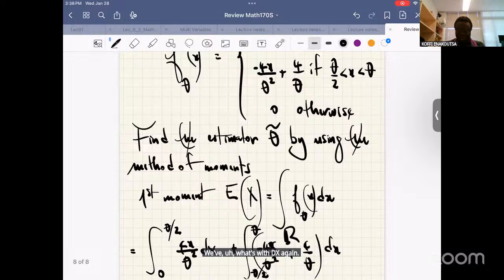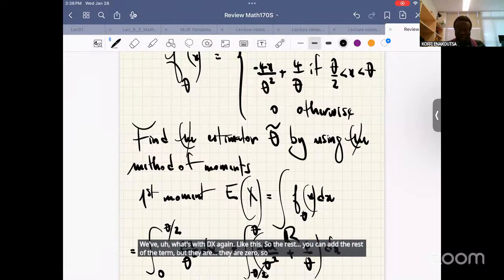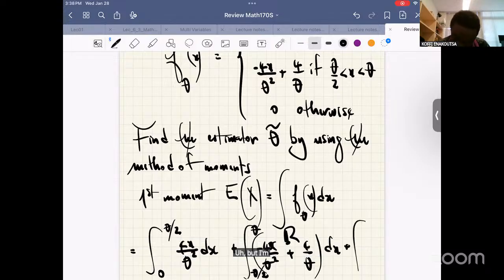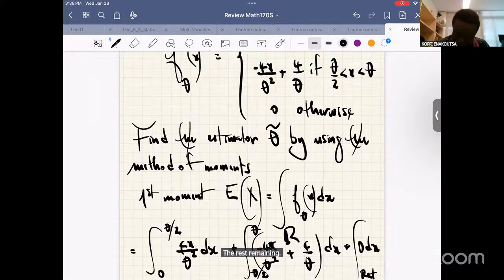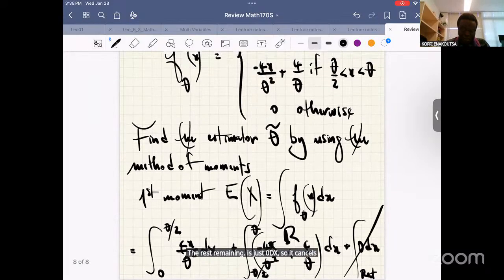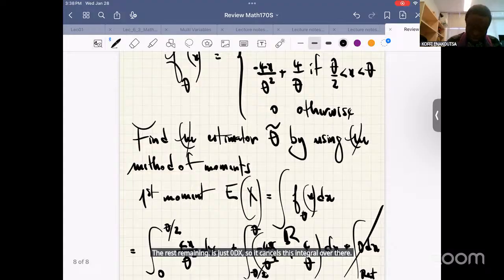So the rest, you can add the rest of the terms, but they are 0, so there is no point. But I'm going to put it. For the remaining part, coming from the real line minus this interval, the rest is just 0 dx, so it cancels this integral over there. Then we'll find that integral. So if we go by antiderivative,